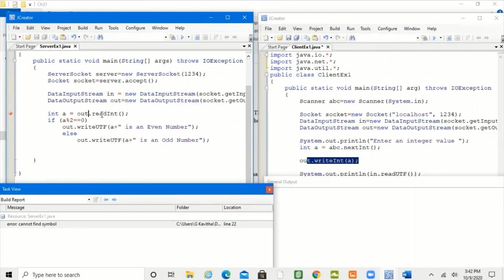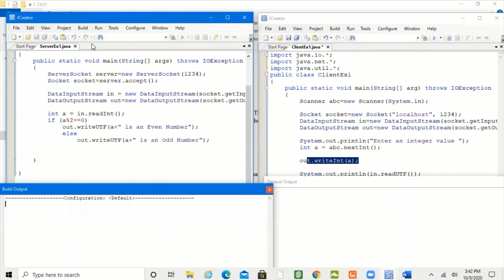Okay, sorry, here is the problem. I'm reading. Reading means I need to use the input stream, not the output one. Output stream for writing, input stream for reading. So those mistakes are corrected already.